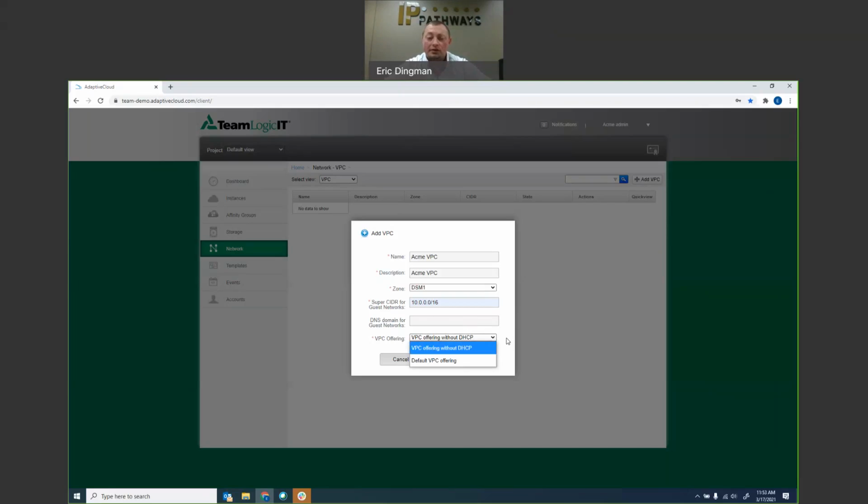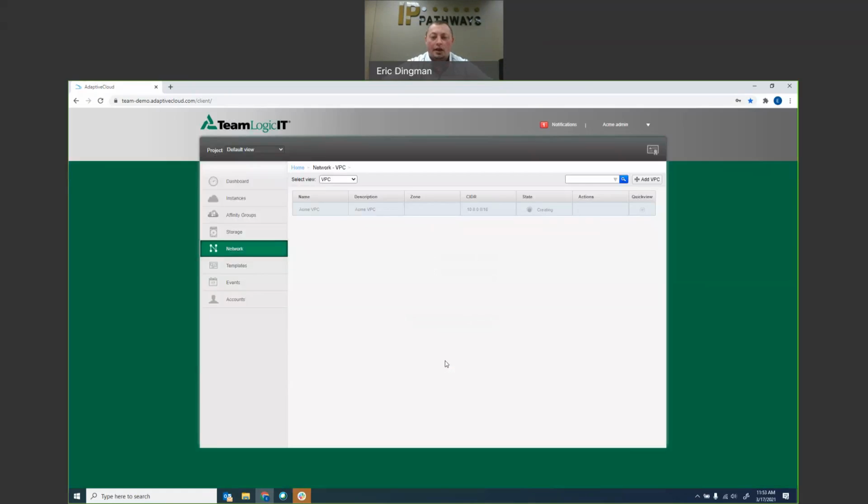from here by default, but we do have the ability to go ahead and turn that off. So if we do that, again, use cases, if you have, say, like a domain controller or something like that in an environment to which you do not want this pushing out the DHCP to your environment, you can turn that off here. I'm going to leave this on at this point, and then I'm going to go ahead and say OK. And this is going to take roughly about a minute here or so to create the VPC, fairly